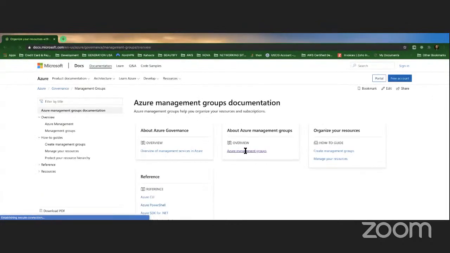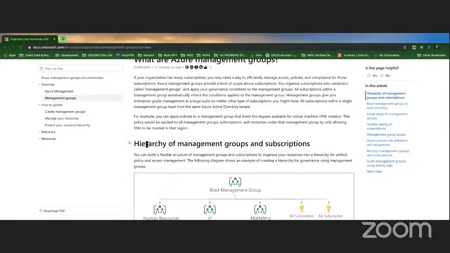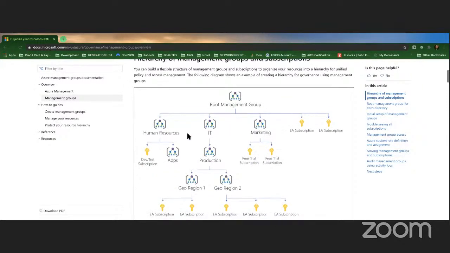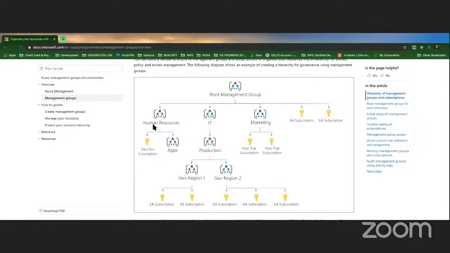So you have the management groups here. It's a hierarchy of management groups and subscriptions. You have this particular department, human resources, right? You have the root management group, and then another management group here, human resources, and then you have IT here, marketing, subscription EA, subscription EA. So you have two subscriptions here. And then inside this management group of human resources, you have another management group, which is apps, and you have